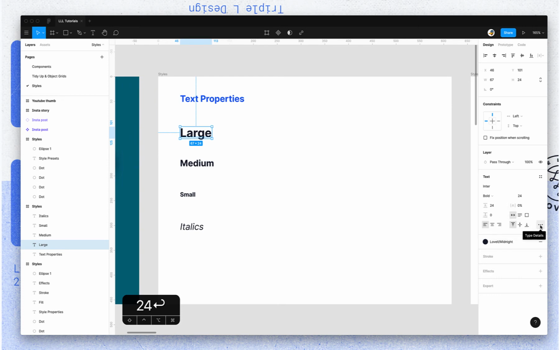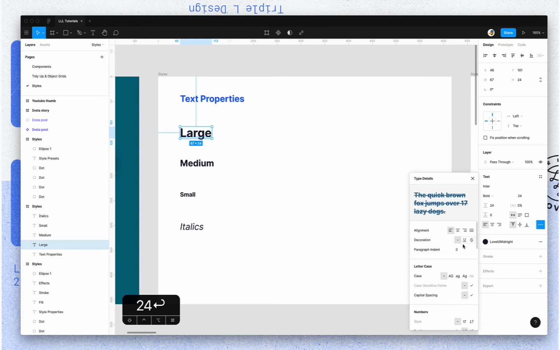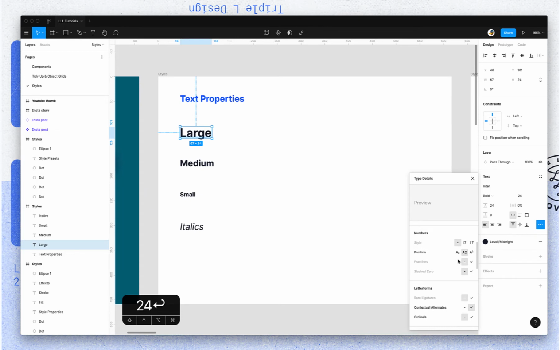You have more advanced details in here. This is pretty dependent on what font you're using. I'm using Inter, and it has a lot of options for character styles and things like that. So I can do monospace numbers, things like that. That's really going to depend on who created the font and how much they cared about the customization. But anyway,